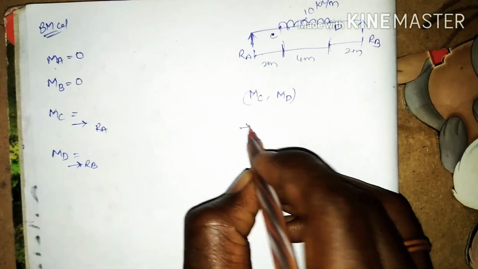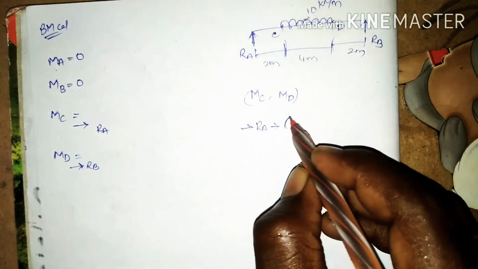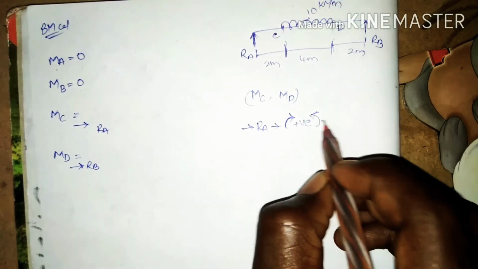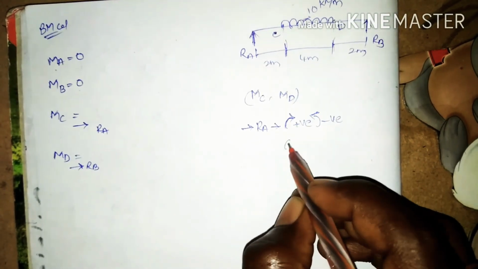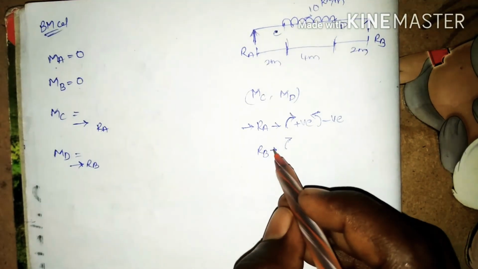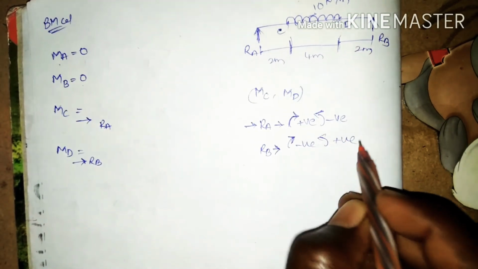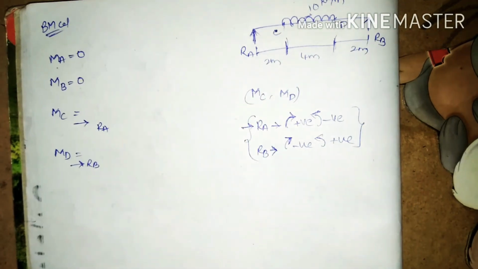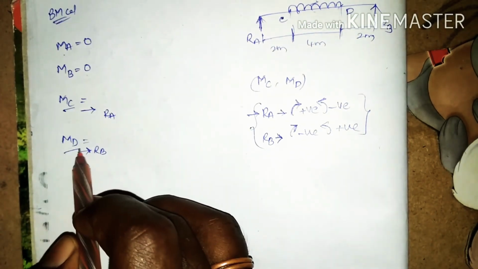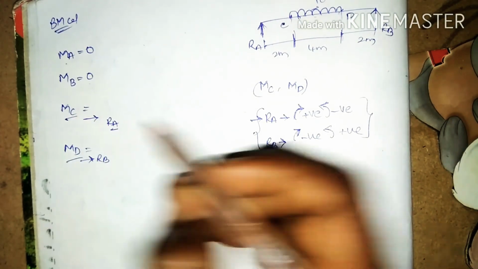If I want to take the moments from RA, I have sign conventions that are clockwise as positive, anti-clockwise as negative. The same from RB: if you want to take the moments from RB, clockwise as negative, anti-clockwise as positive. Follow these sign conventions while taking the moments for moment about C and moment about D. You are going to have the same values. That is moment about C from RA